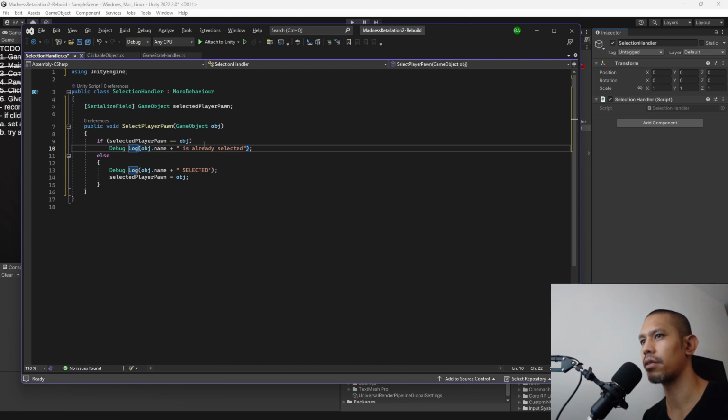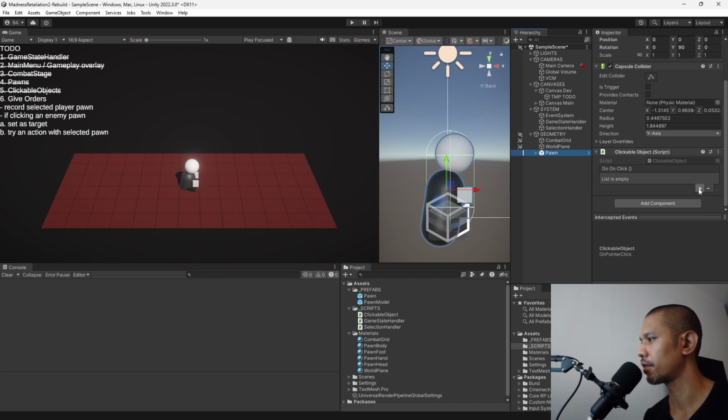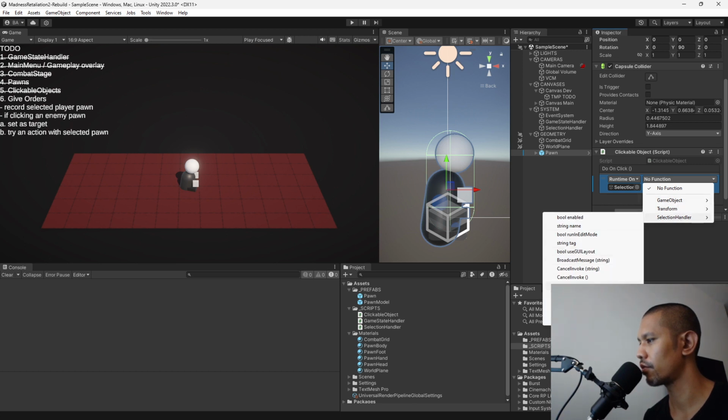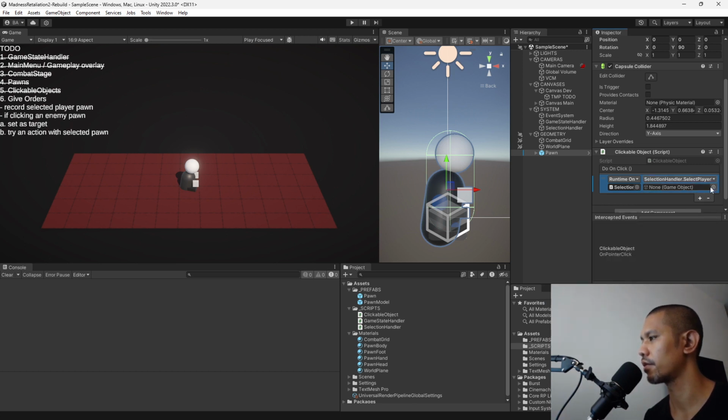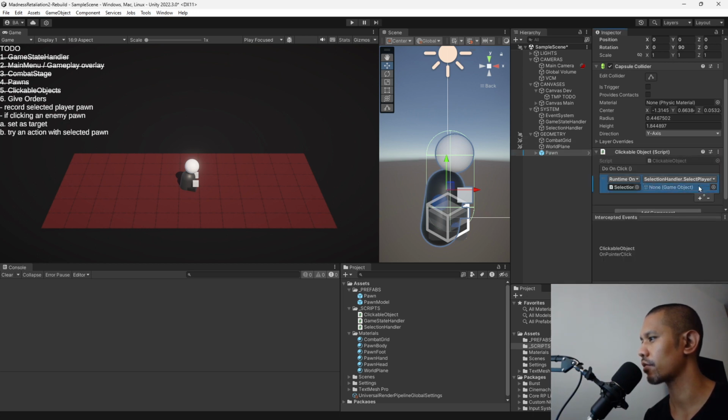All right. That's fairly simple. Let's go back to our play field. So this pawn, when you click it, tells the selection handler to select it. And the object to select is itself. Call this player pawn